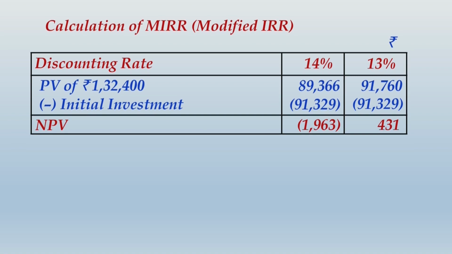And here, can you notice one thing, that there is absolutely no possibility of wrong reinvestment assumption, because 1,32,400 is basically the future value of cash flow which we have arrived at by reinvesting each of the cash flows at exactly 10% rate, not at 13%, not at 14%, but at the usual discounting rate of 10%. So now, if we interpolate these two rates, 13% and 14%, we will be getting an IRR which will be free from the wrong assumptions, and that is what we call modified IRR.